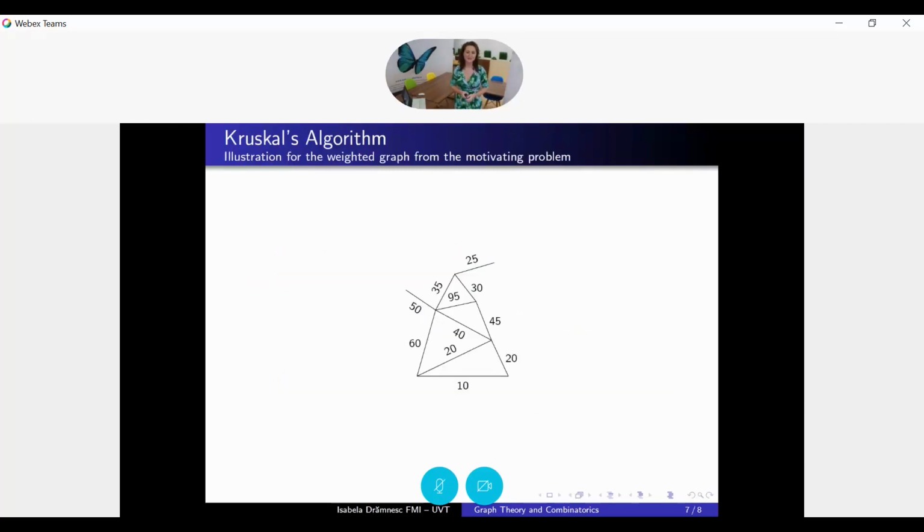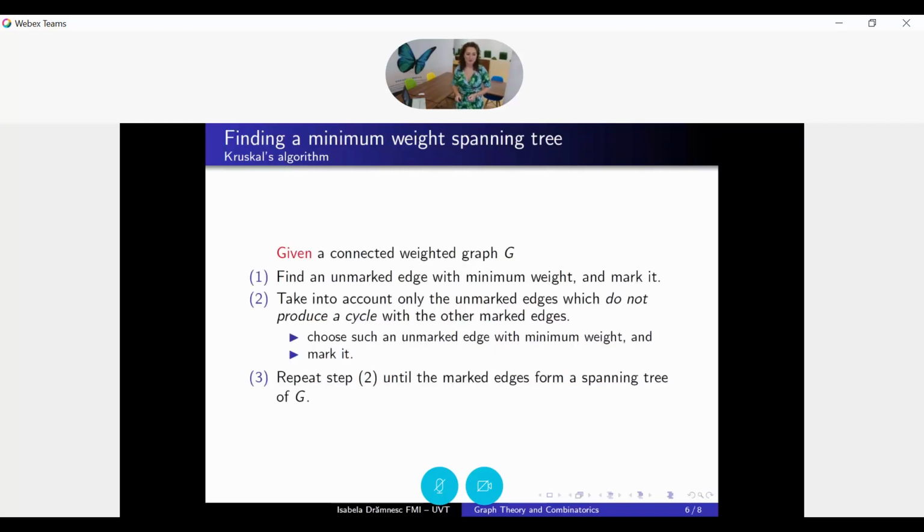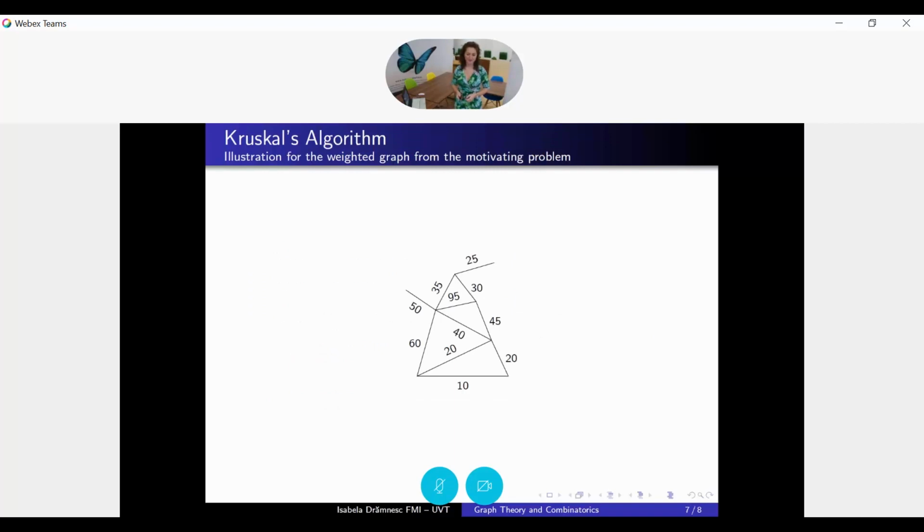Okay, so now let's apply Kruskal's algorithm for our graph. First, what we have to do is find an unmarked edge with minimum weight and mark it. And in our graph, the edge with the minimum weight is actually this one. We continue to choose an unmarked edge with minimum weight, and we have 2 possibilities. We have 2 edges with weight 20, so we choose one of them. And now we cannot choose the other one with weight 20 because we obtain a cycle and we don't want to do that,